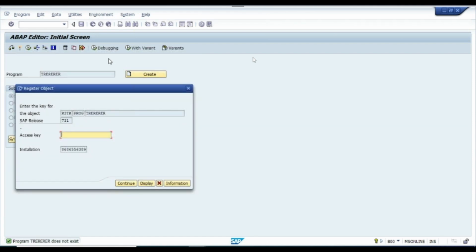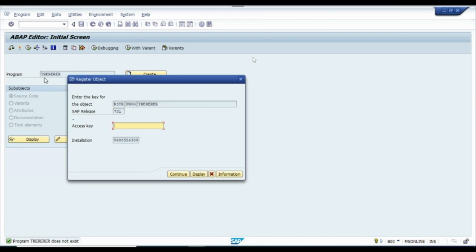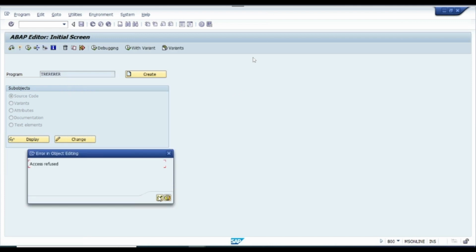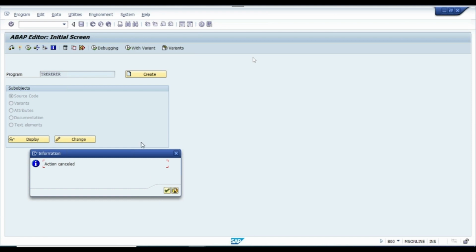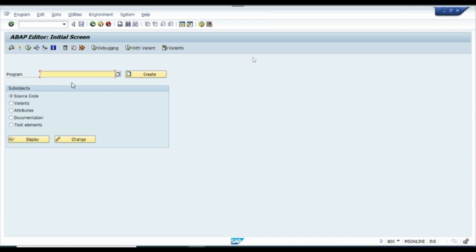Even though I'm explicitly saying this concept, some people will start with some other name and say, "Sir, it is asking for this screen, sir. Why, sir?" It won't allow. SAP is not allowing you to create any program with other alphabets. SAP uses other alphabets, and SAP is saying you use these alphabets only. My system is configured to use Y or Z. So for your batch, you follow the naming convention